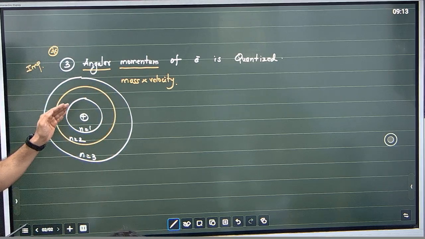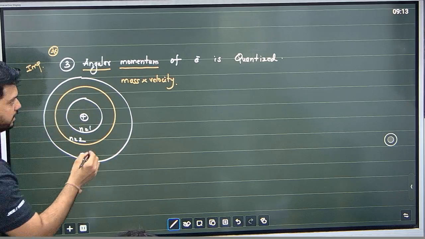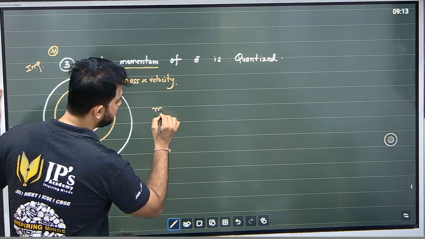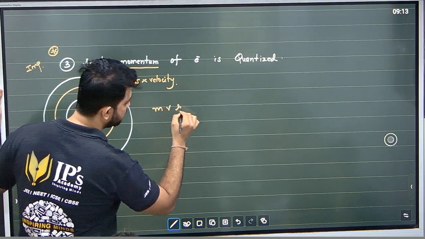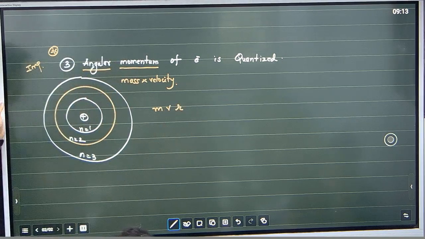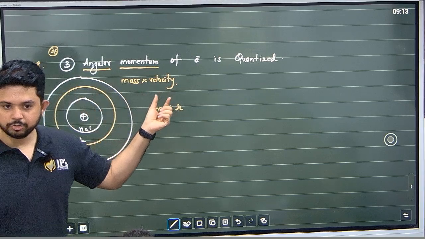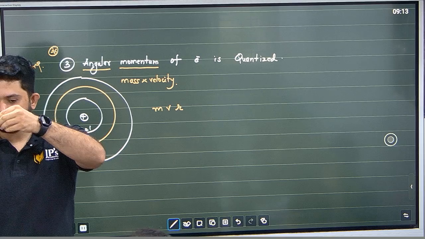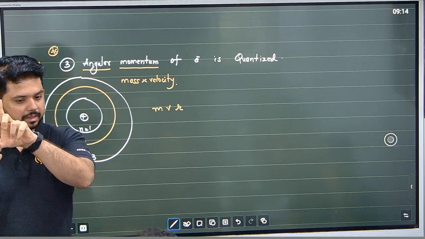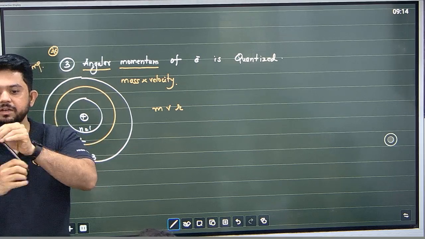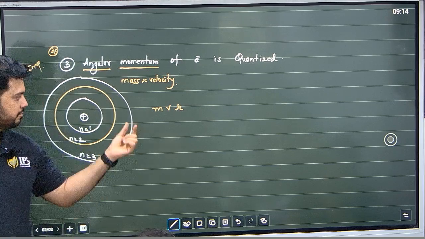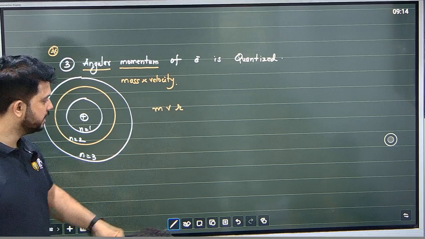Only those orbits are possible where the angular momentum, mass into velocity into the radius, is fixed. So for example, हमने जब वो swing का example लिया, the string here becomes the radius, where the mass, velocity and radius का product